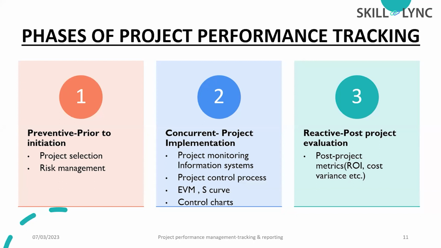If we have a proper estimated amount, and after completion we get the actual cost, the difference will be there. That is a cost variance. Depending upon the cost variance, we can tell whether the project is a successful one or whether this project lacked quality. So those parameters are known as the post-project evaluation parameters.